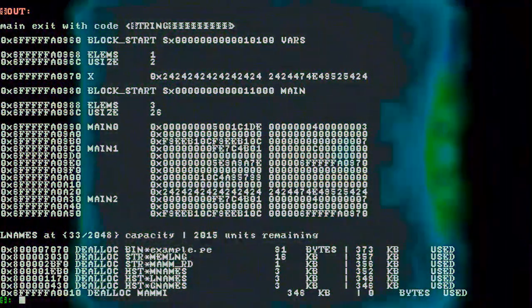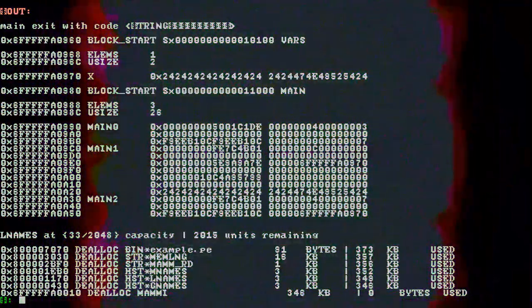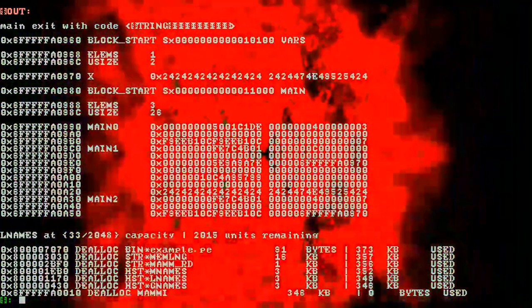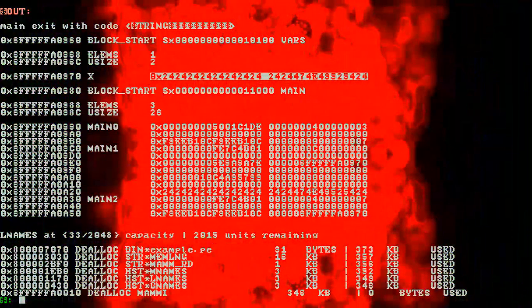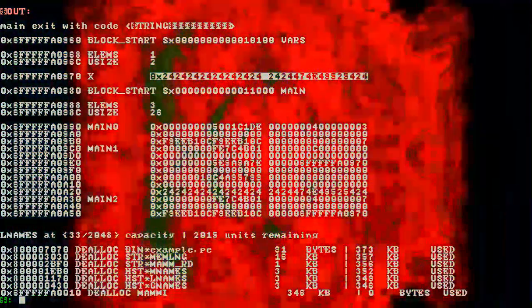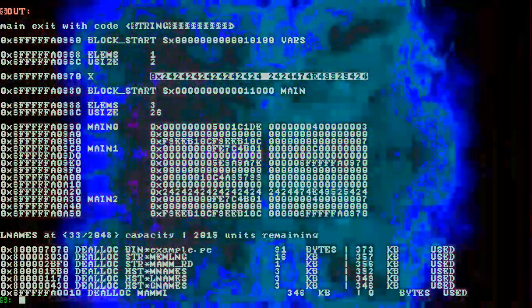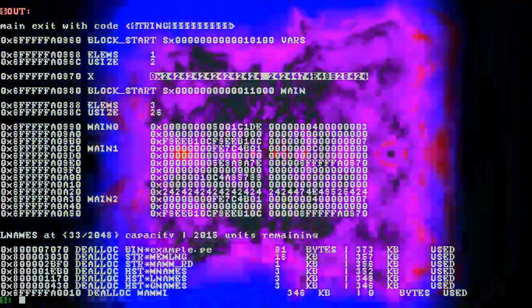So okay, let's try allocating a little bit more space for our strings. Because just 16 bytes, that's too little, right? That's too little space, man. We need more space. We want more space, don't we? Okay, so let's try that. And what I want to do,